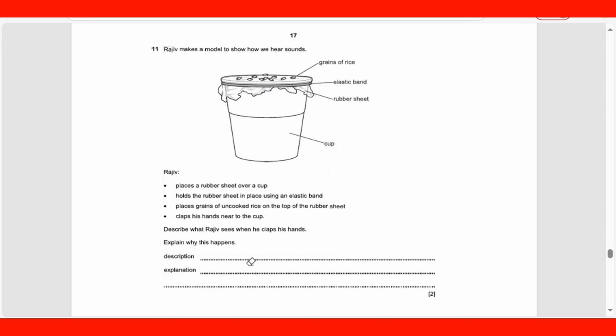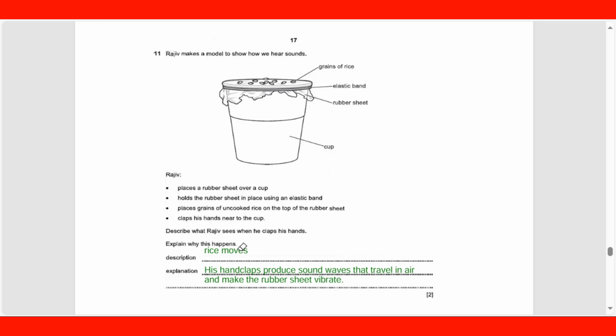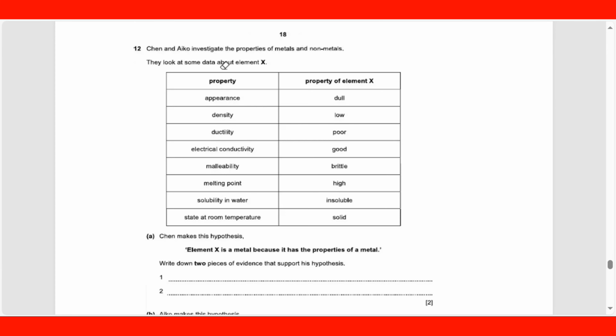Okay, let's check out the answer, guys. So the rice moves, and his hand claps produce sound waves that travel in air and make the rubber sheet vibrate. Let's move on. Alright, number 12. Chan and Aiko investigate the properties of metals and non-metals. They look at the same data about element X: appearance, density, ductility, electrical conductivity, malleability, melting point, solubility in water,